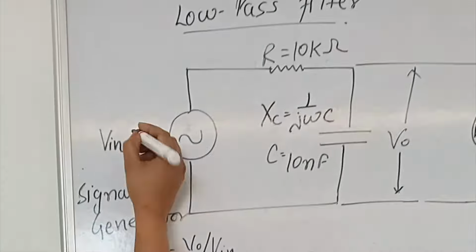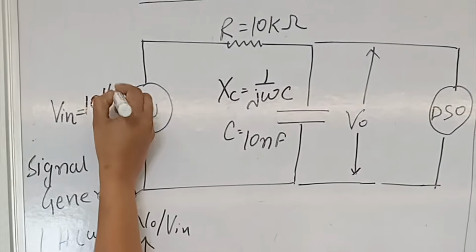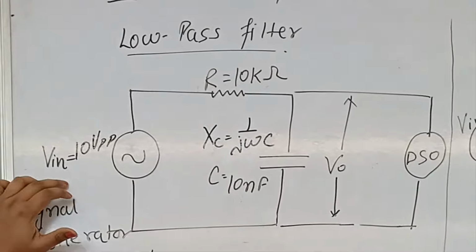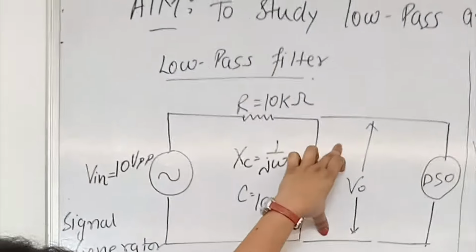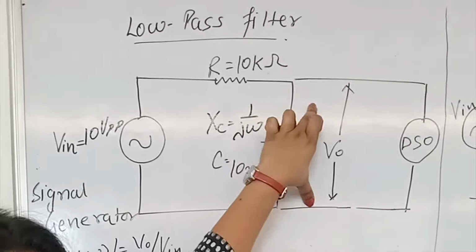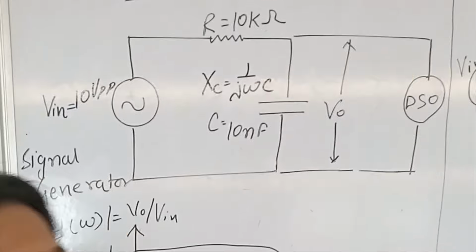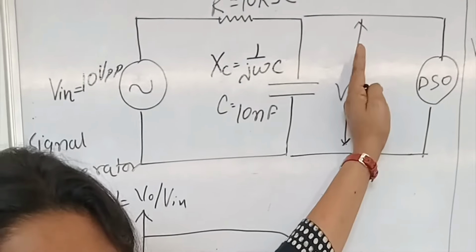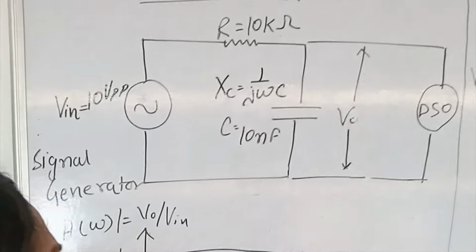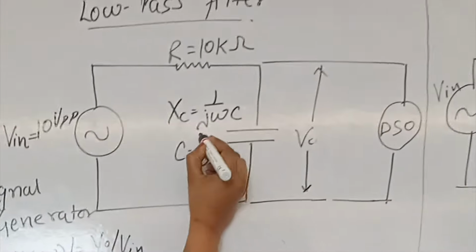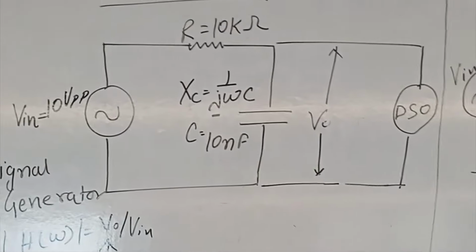Suppose I have given 10 volts peak to peak AC signal as the input. Then at the output, I will get nearly around 10 volts because here very less voltage will drop and all the voltage will drop over here. So at the lower frequency, whatever input I give, at the output I will get the same signal. But when I go to very high frequencies, what will happen is the reactance value will reduce to very